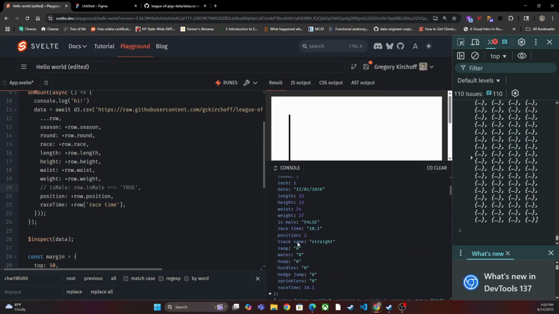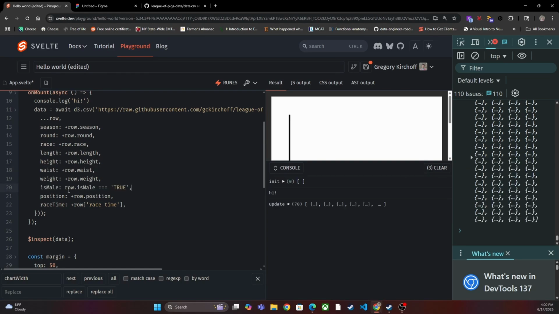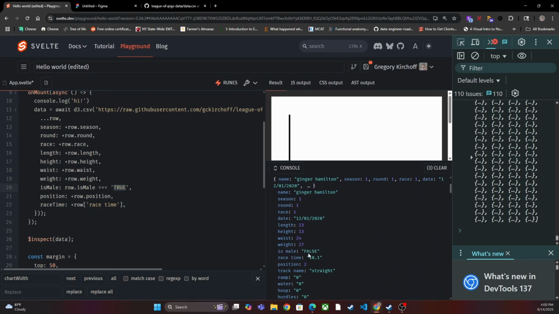So you can see here is male. It's the string of just false. So I'm going to set it to the result of that string being equal to true. So if it's equal to true, this will evaluate to just be true. If it's not equal to the string of all caps true, it will be false. So you can see that for Ginger Hamilton, it is,